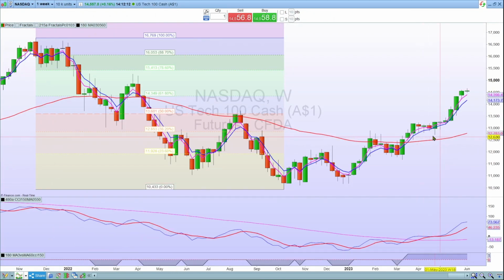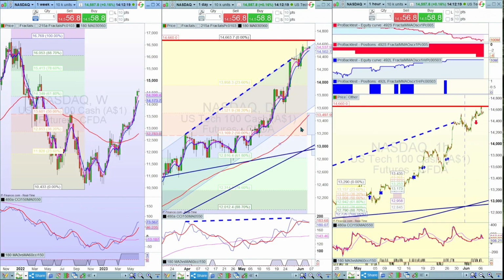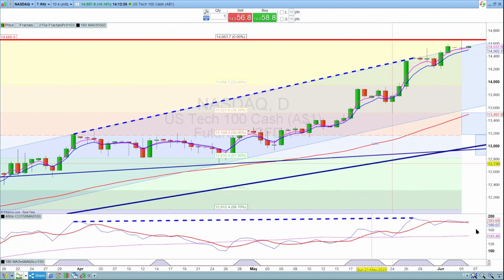On the weekly, the triple moving average of the price chart is bullish. Likewise, the CCI moving averages are in alignment and bullish as well, and that's giving us this bullish signal. So to be safe with trading on the lower time frames, we want to see those in a bullish momentum as well. However, on the daily, you can see it's broken down into a neutral positioning, so be cautious